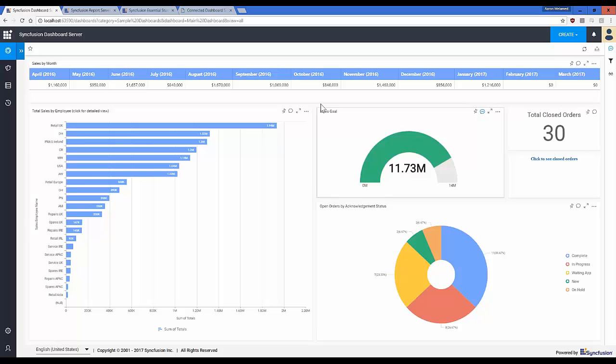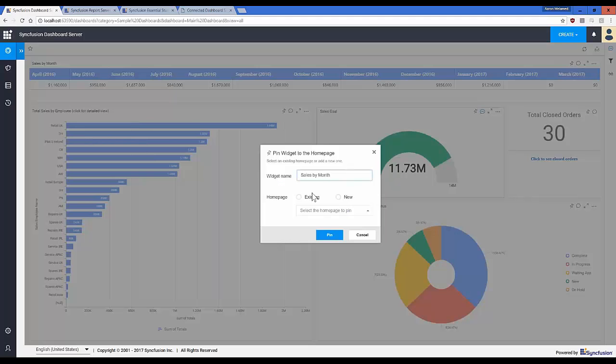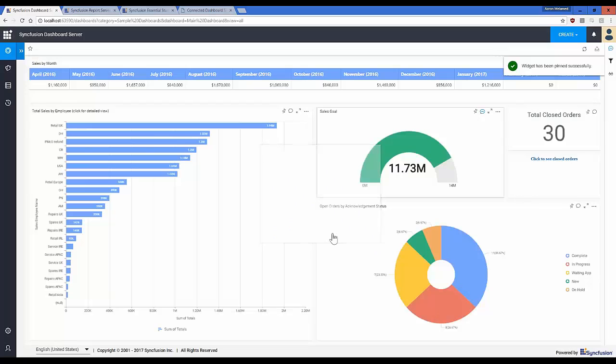Another feature that you have access to within the dashboard server is pinning. You might have noticed there's this little pin icon next to some of these widgets, so I can actually click on that. And what it will let me do is apply that pinned widget to one of my home pages. I can either create a new home page or I can select from my existing home pages to pin it to. What that does is, if I go to my home page, my dashboard home page,